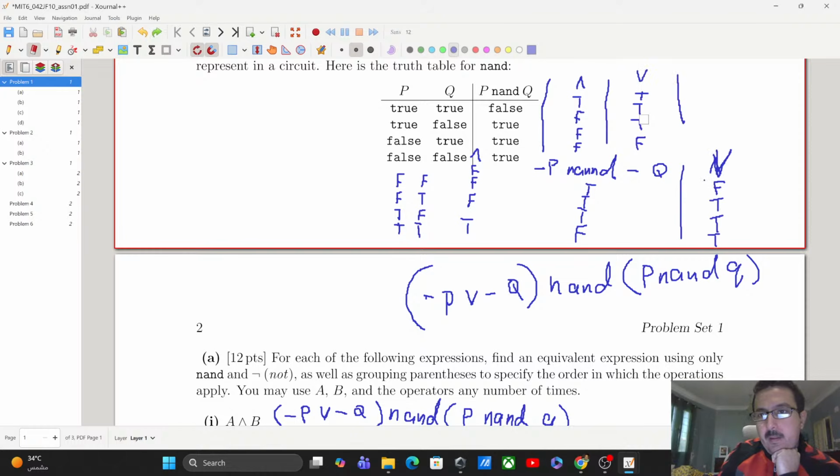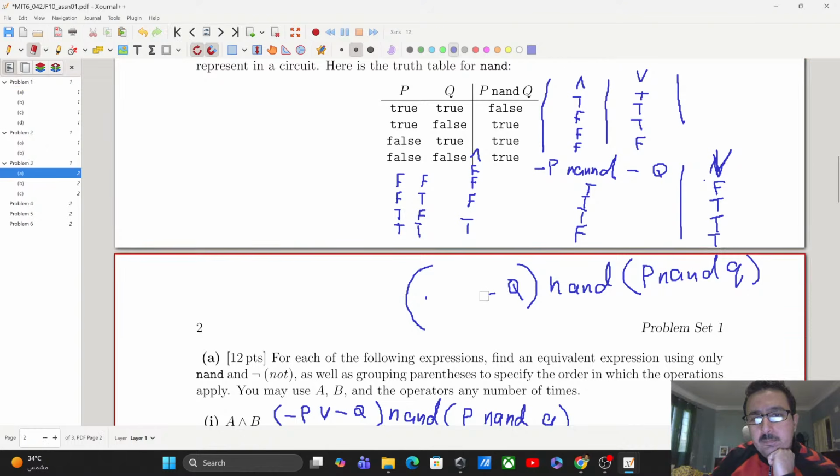Actually, it is the same as this. So what this actually means, or let's keep it, is that this one is